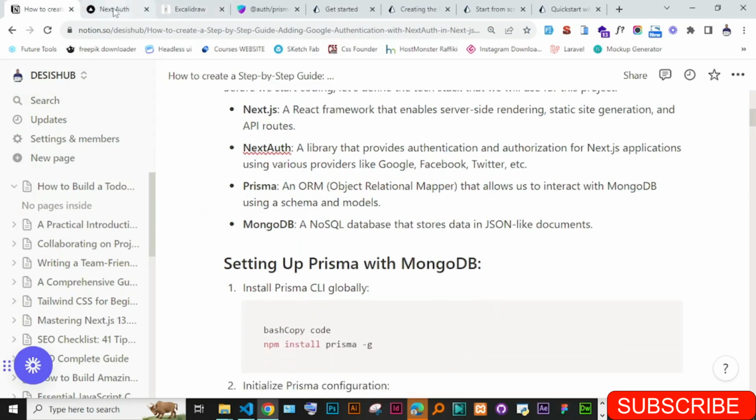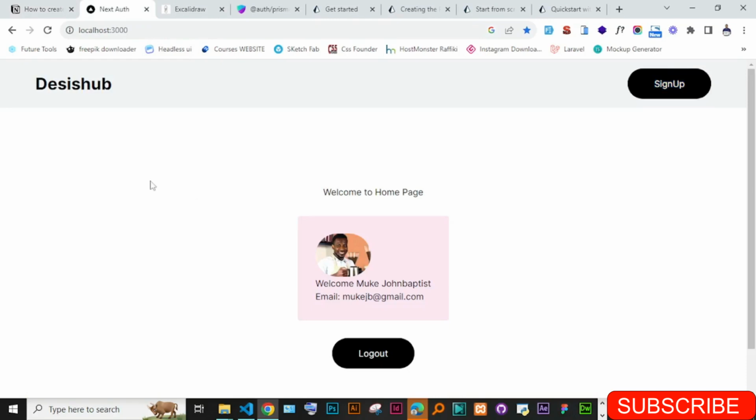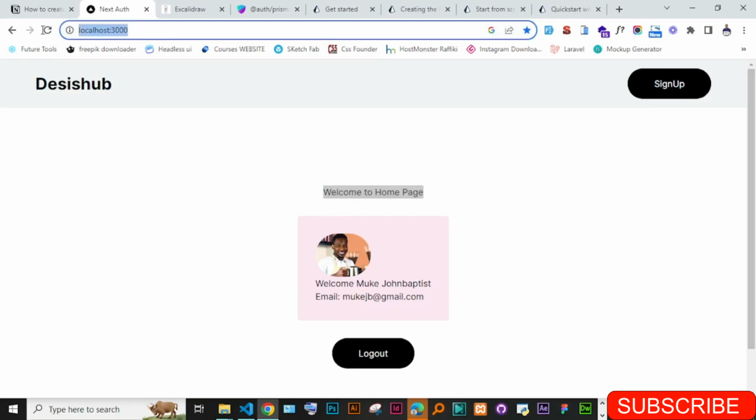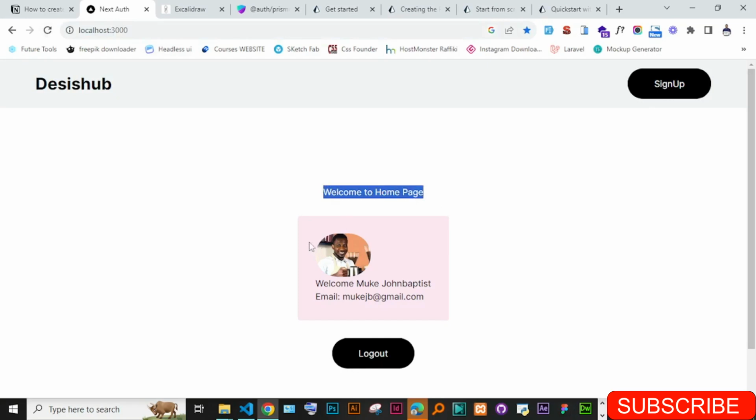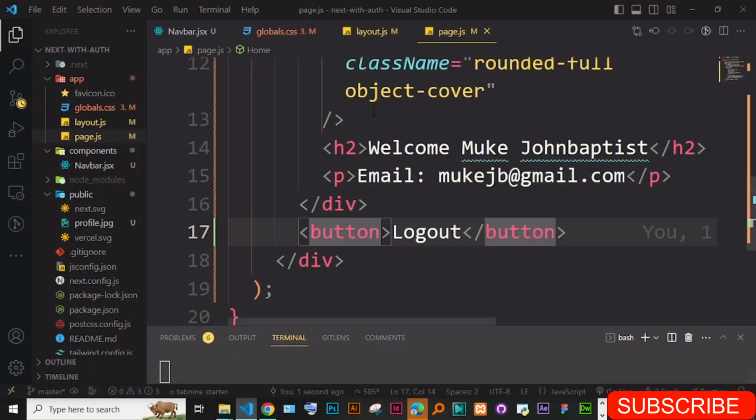Okay, so here with me I have a freshly installed Next.js 13 project. There is nothing much in this project. I have the navbar, which has this sign up button. As of now it doesn't do anything when I click it. I also have on the home page this card that shows this image and the name and email and this logout. These are not doing anything,